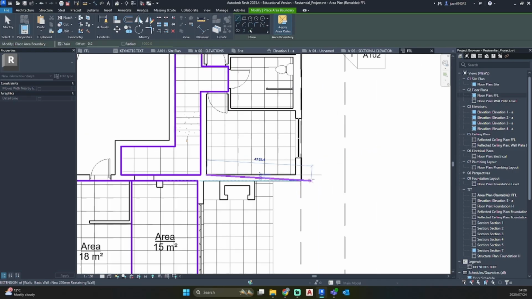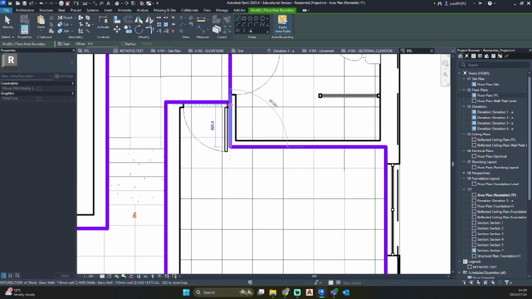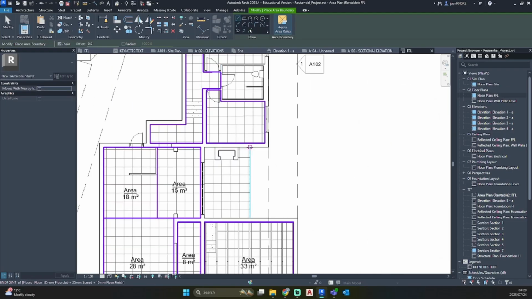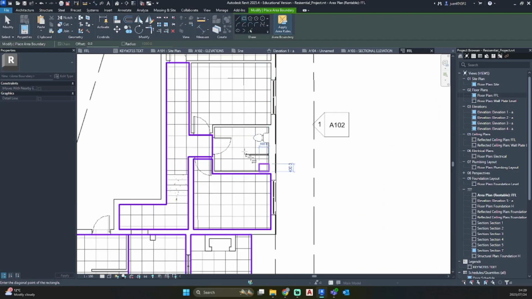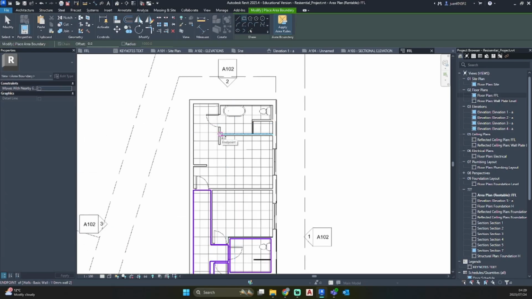And then my room. Let's do a rectangle over here and over there on our little bathroom.